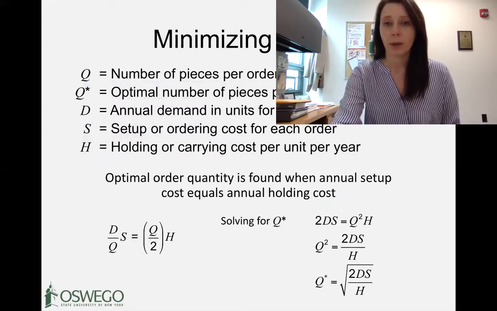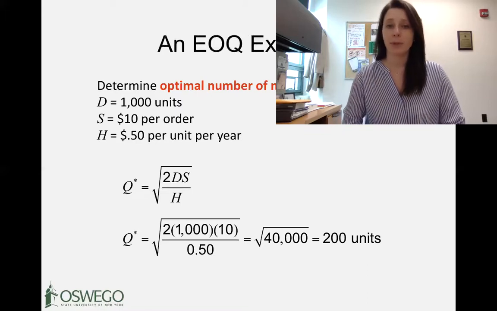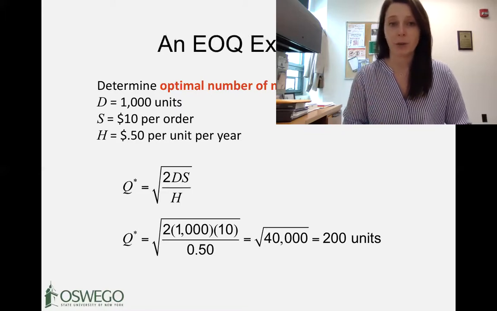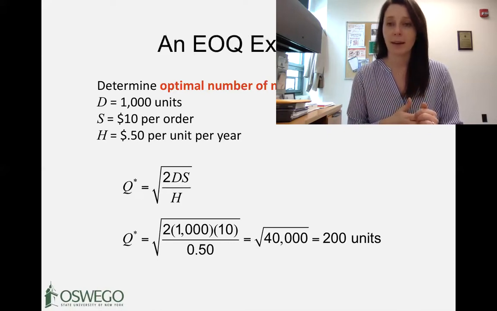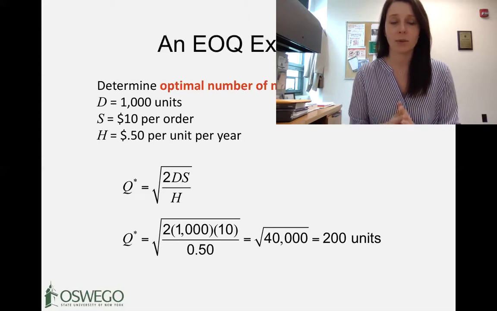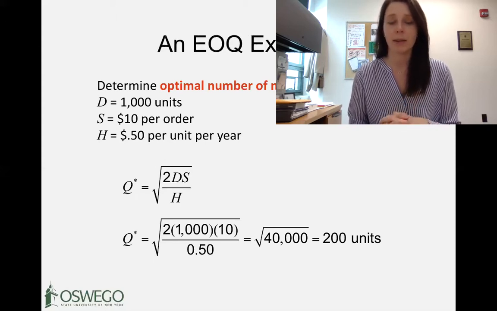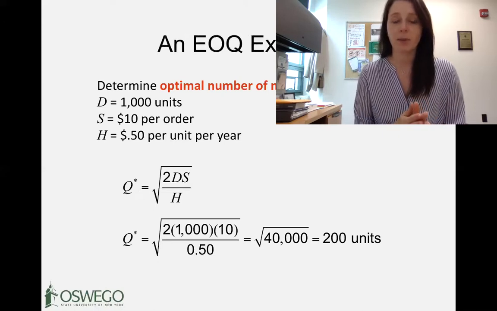So we'll walk through a very quick example for this. If we're thinking about the optimal number of needles to order for a hospital or for a department, one of the key assumptions here is that our demand is somewhat constant, which is not always going to be the case. We'll touch on those probabilistic models next. But if we have some sort of certainty that, yes, we have pretty stable demand,